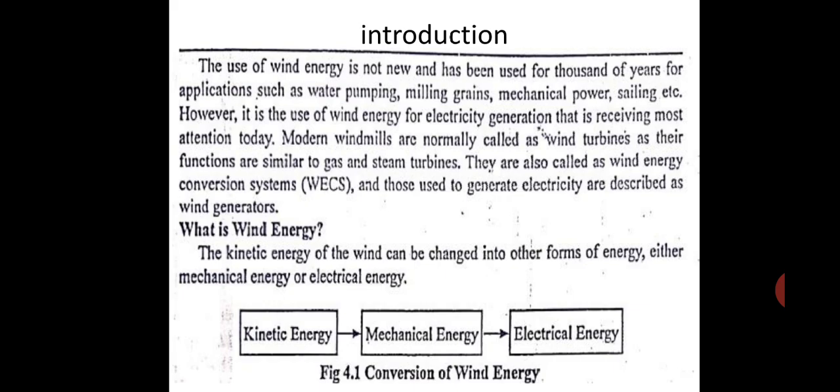So what is wind energy? If you see the sketch here, there is kinetic energy in the air, because air is moving. Then it hits the wind turbine blades, and the blades start rotating. So the shaft starts rotating, that is mechanical energy. Because the shaft is rotating, it is connected to an alternator which produces electricity, and hence you generate electrical energy. So this way kinetic energy is converted to mechanical energy, and mechanical energy is finally converted to electrical energy.